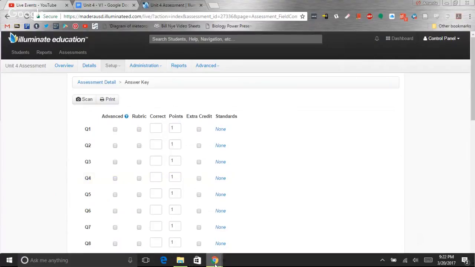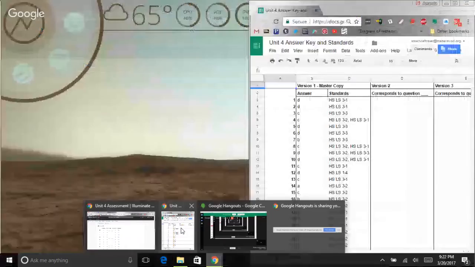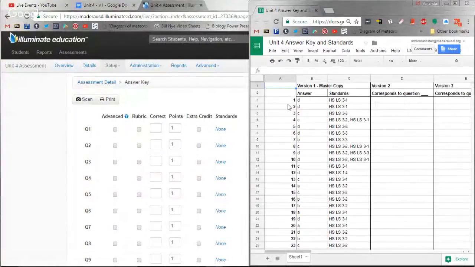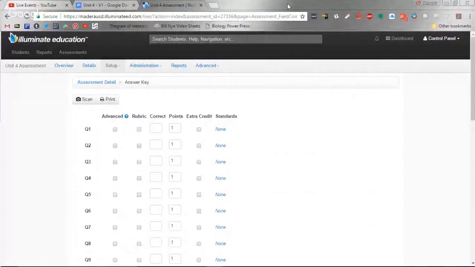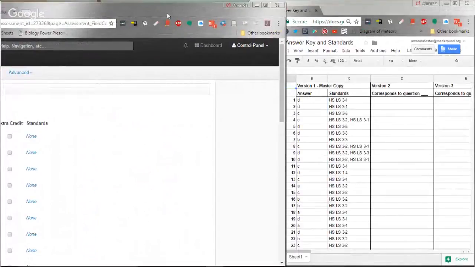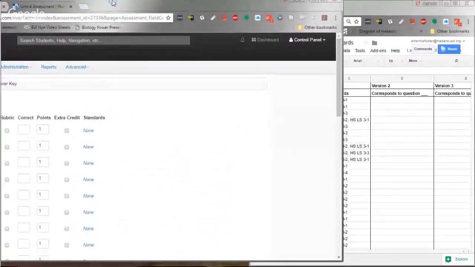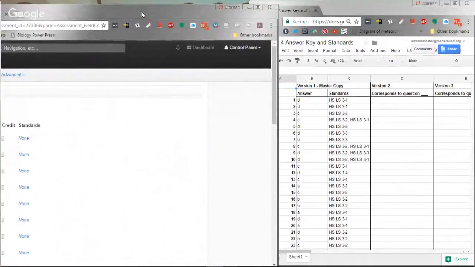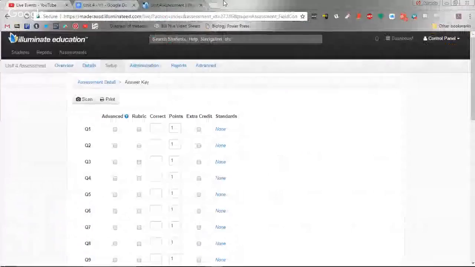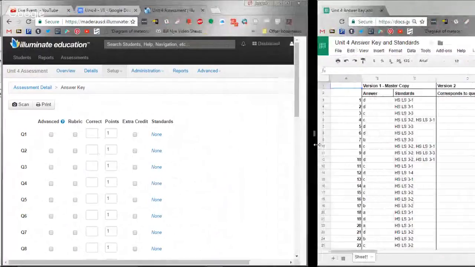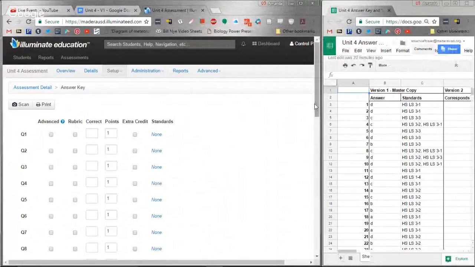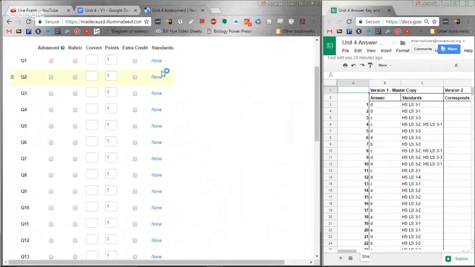Now, what I have is my spreadsheet right here, and I have version 1. I have my answers, and I have the standards. Okay. So I'm going to split screen here for a minute. That didn't work out like I wanted. Kind of tricky sometimes. There we go. And with this, you can move this as far over as you want. I'm going to move it there. Then I'm going to say,